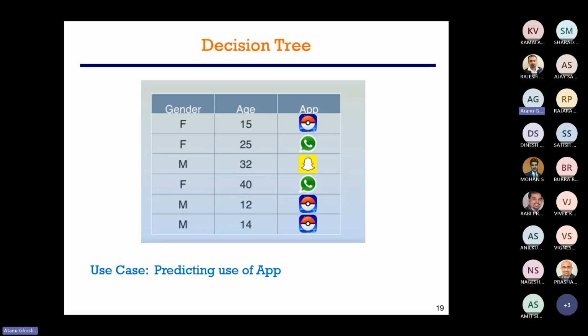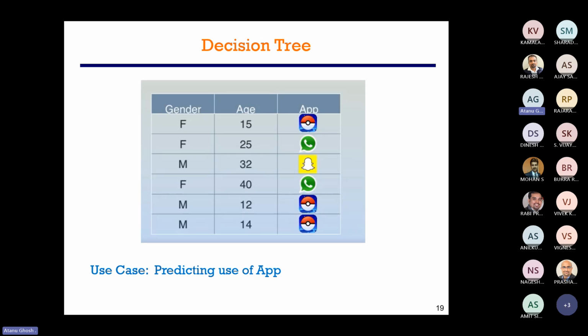Probably not. Similarly, if I say male, we see that two males are using Pokemon Go and one male is using Snapchat. So again, with 67% confidence, I can say a male will use Pokemon Go, but that may not be a sufficient probability. If I ask you to do it the other way,